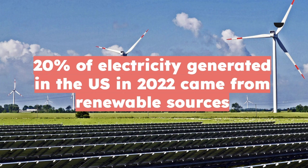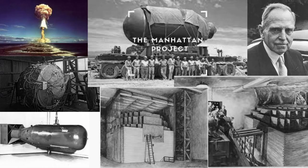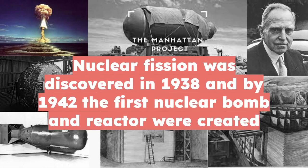With the exception of one form of energy production: nuclear energy. Many of us are familiar with the concept of nuclear fission thanks to decades of research and development behind atomic weapons and, in a more infrastructural role, nuclear reactors. Before diving into nuclear fusion, it's important to understand the nuances of nuclear energy employed today in current nuclear reactors